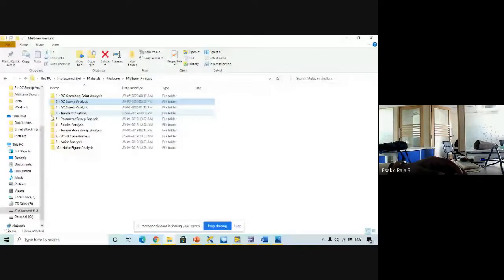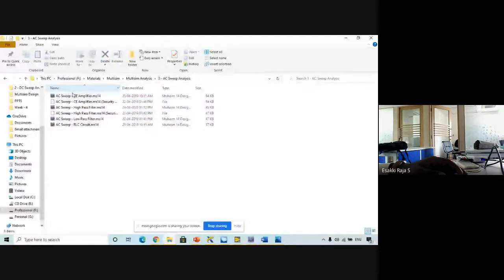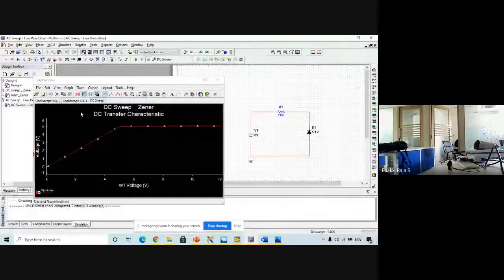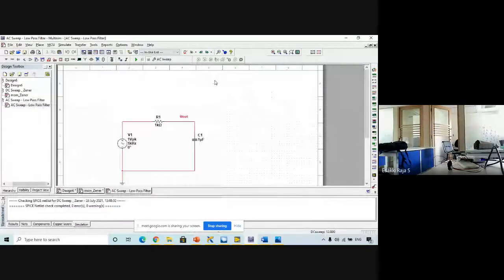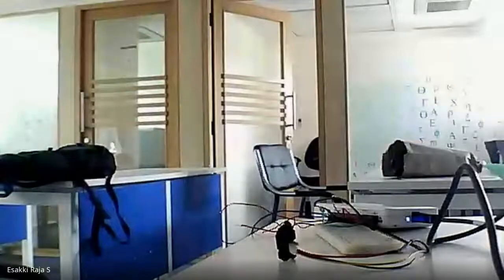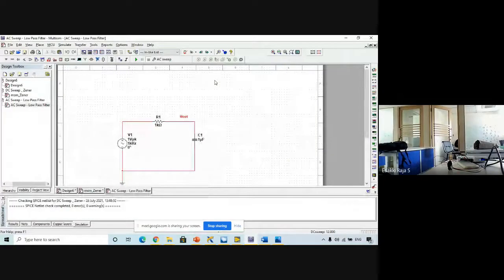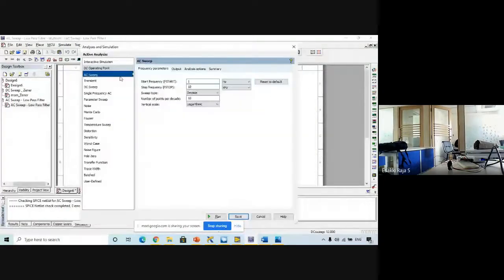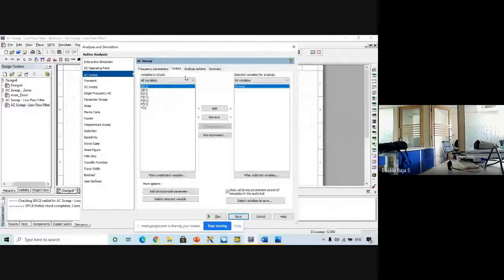we have AC sweep analysis. So AC sweep analysis we will do for the low pass filter, which we already know, which we did with hardware. Now I'm going to do the same with analysis and simulation. Again the same thing: start frequency is 1 hertz, end frequency is 10 kilohertz, and the output parameter we are going to measure is output voltage.